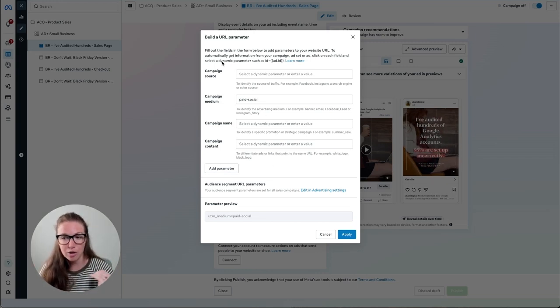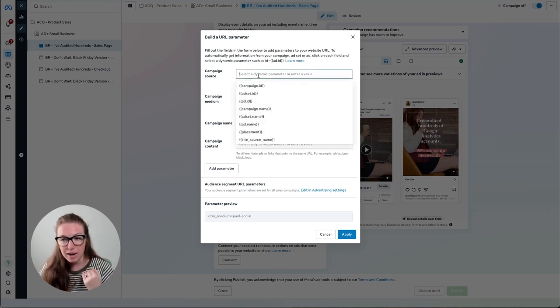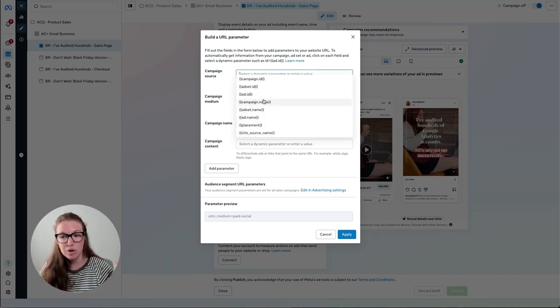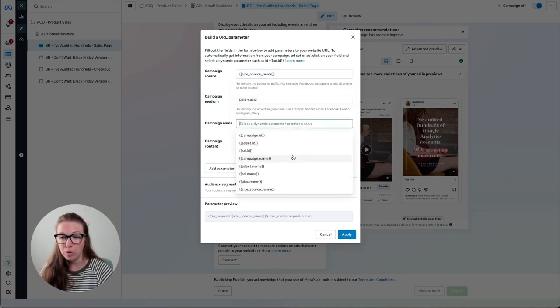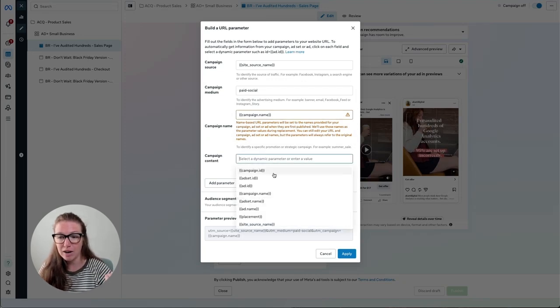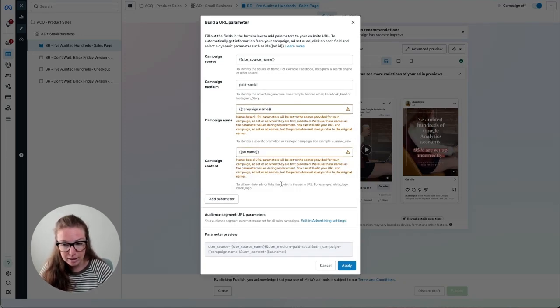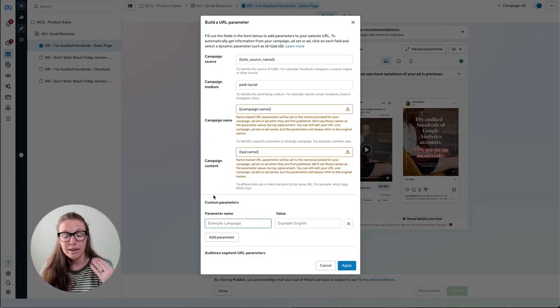Then when it comes to the other parameters, there is a little bit of a strategy that you want to follow. Meta and the other ads platforms all use variable fields. So you can put something like the site source name, which is going to tell you, is it from Facebook or Instagram? You can put the campaign name here and the ad name here. I often also get us to add an additional UTM parameter for UTM term, which is another UTM parameter that I don't know why they don't give you a box for, but you can manually add it.